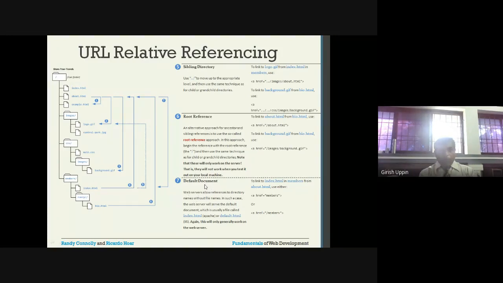And for the default document, to link to index.html in members from about.html, use either members or /members. Either we can use just members because it is in the root directory, or you can say /members. Both are the same.